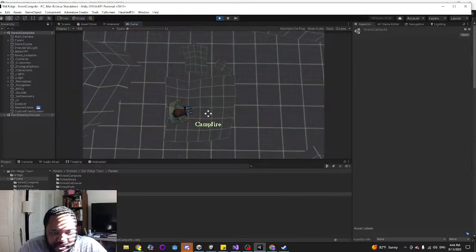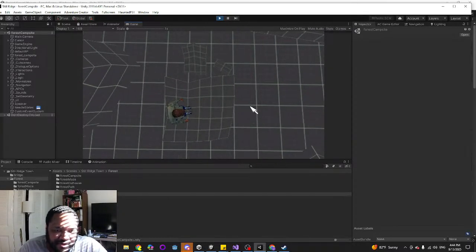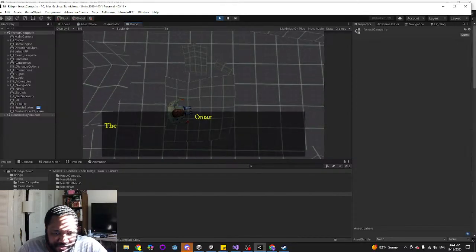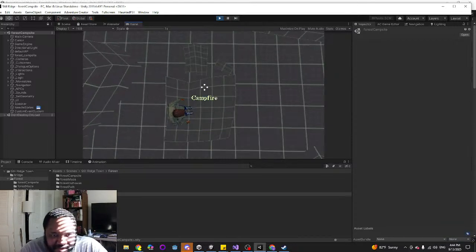All right, so in order to get the cork out of the wine bottle, you're gonna light a fire. This is gonna be like a hint for what you have to do here. You have to put the wine bottle in the fire, and then as the wine boils, the cork is gonna pop out.